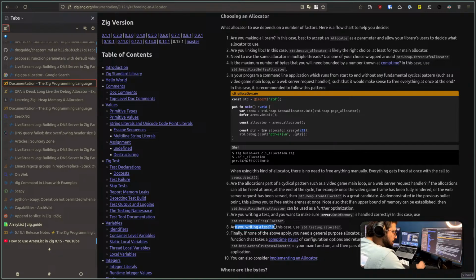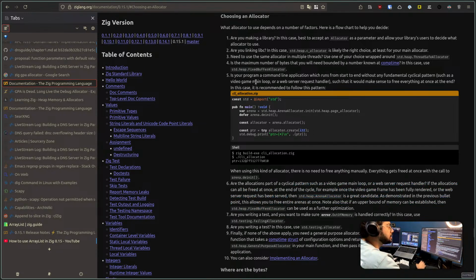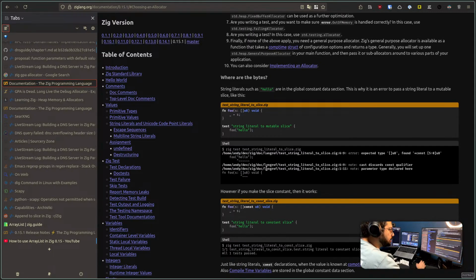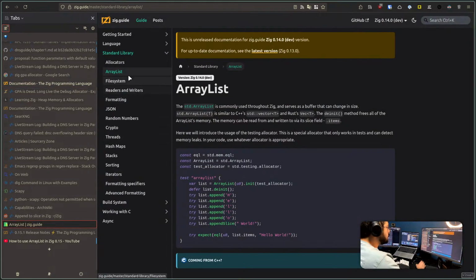Are you writing a test? In this case, use testing allocator. Fixed buffer and arena allocator rules are the same when using this kind of allocator. Arena deinit, yeah. I think the rest is almost the same. Good, but what about page allocator? We didn't have any info here,